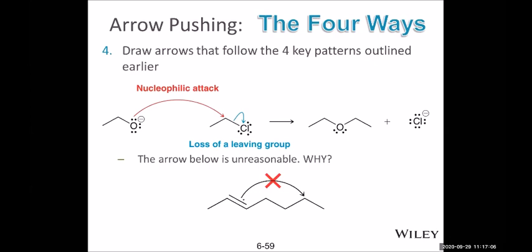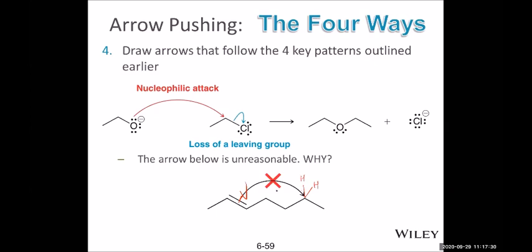And so, for example, someone draws this kind of arrow. What is the problem? First of all, the arrow starts from a lone pair. This is allowed. Starting from lone pairs is okay. But this arrow landed on this carbon. Keep in mind, there are 2 hydrogens already, and there's 1 methyl.